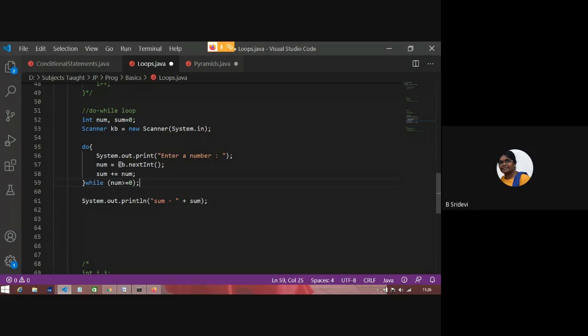So whenever I give a negative number, it comes out of that loop and prints the sum so far. It is going on reading the numbers until you give a negative number. Clear? And it's making the sum of those numbers. It has a small bug in it. You please help me to clear it.